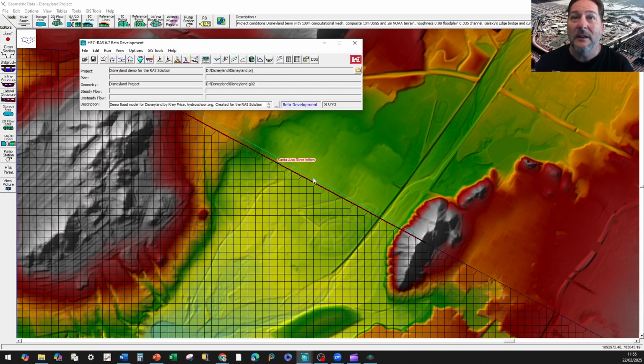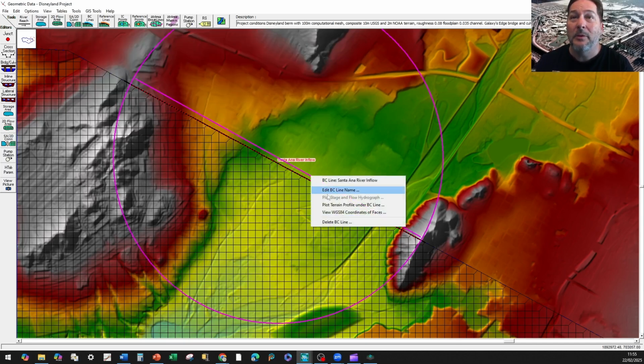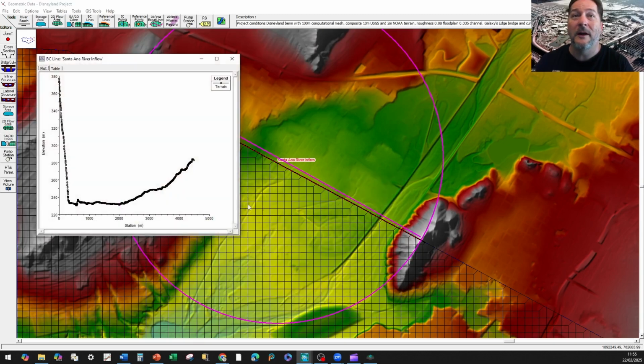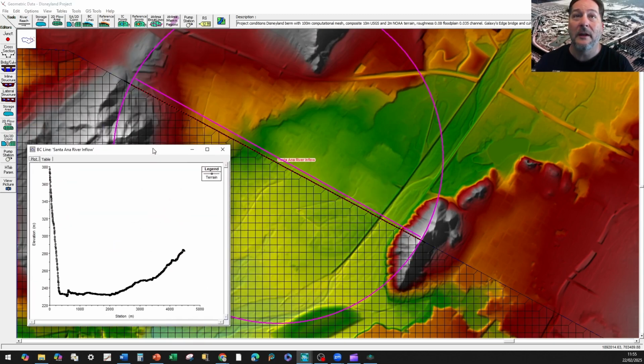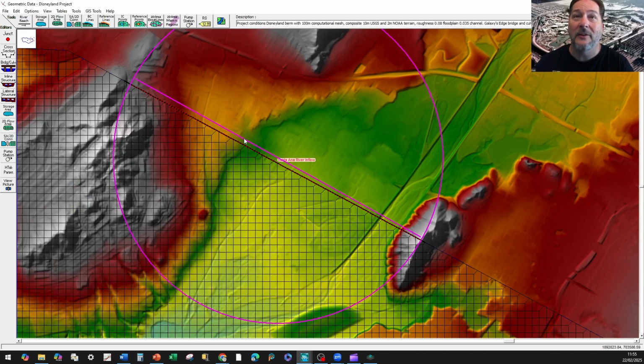You can always click on this line here and plot the terrain profile underneath it. And so you can see now again in my chosen direction here, left to right looking downstream, I've got this high mountain here on the left and it comes over to this lower hillside over here on the right. This is my cross section, but this is not necessarily the cross section that's going to be used